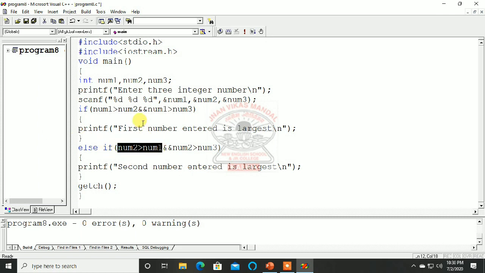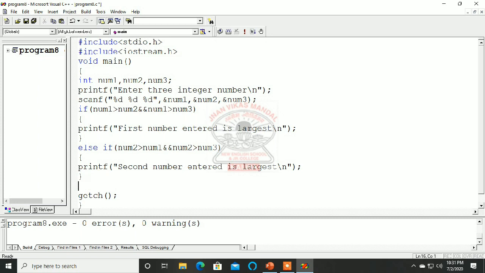Remember, whenever this is false, if out of these two conditions any one is false or both are false, in both scenarios it will go to this part. It will then check whether number 2 is greater than number 1 and number 2 is greater than number 3. In this also, if both the expressions are true, then only it will come to this part and say the second number is largest.